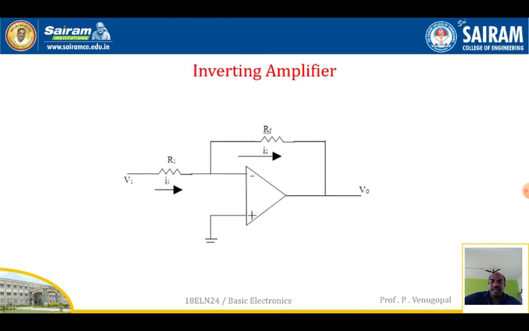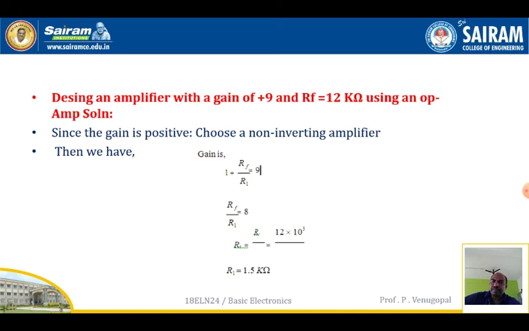Then design an inverting amplifier. You know, inverting amplifier means the input should be given through a resistor, the input resistor or source resistance, and there is a feedback resistor here that is called RF. So you already calculated the values of RF and R1 from the gain. What is the RF? RF is equal to 10k and R1 is equal to 1 kilo ohm. This is how we can design the inverting amplifier.